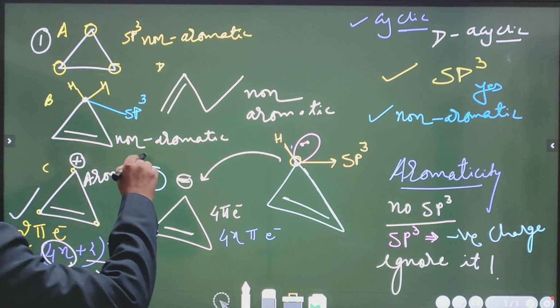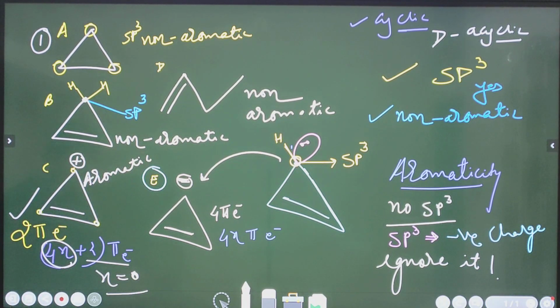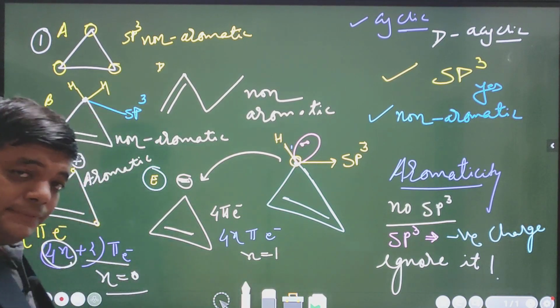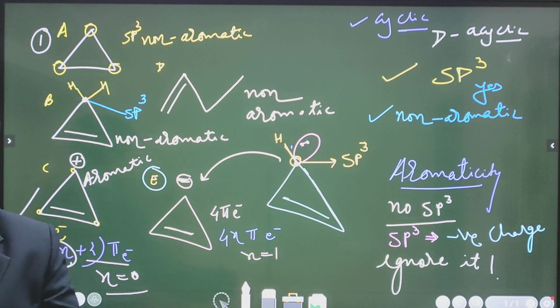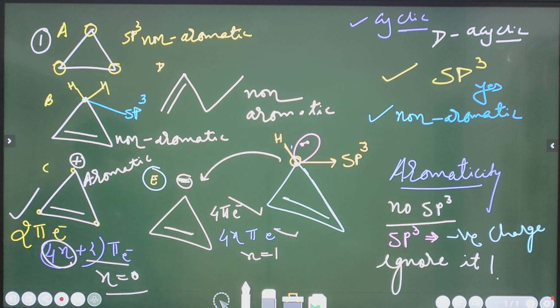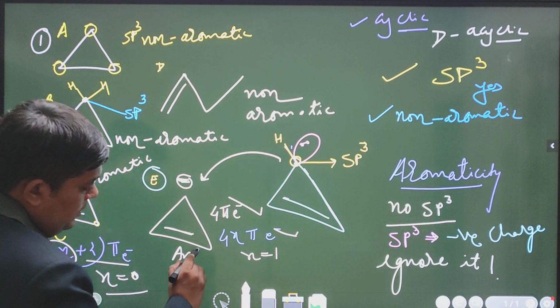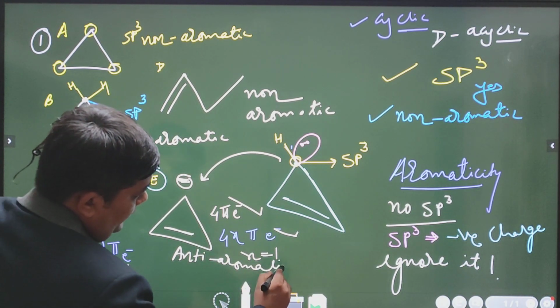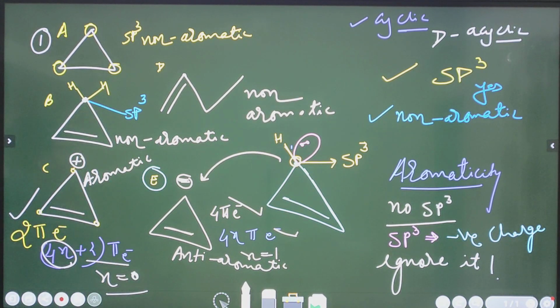has to be aromatic. And for this particular formula, if I consider n is equal to 1, what I told you earlier in the current video, then it obeys the rule 4n pi electron, and therefore it will become anti-aromatic. So believe me, a very easy trick, a very easy method to just determine sp3 carbon, non-aromatic,